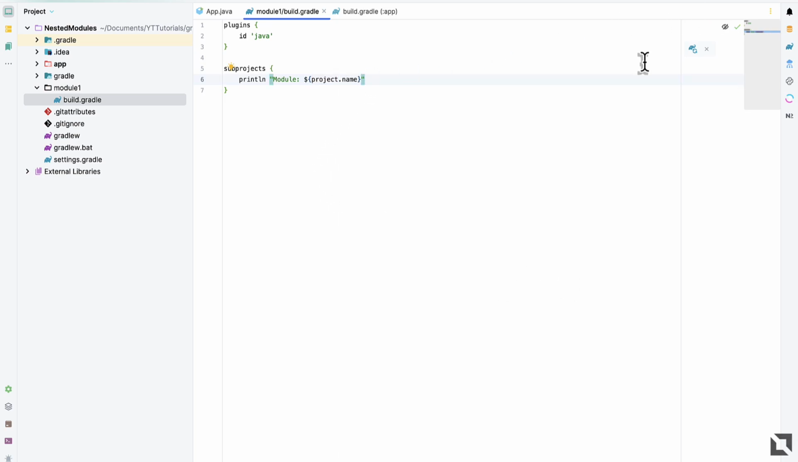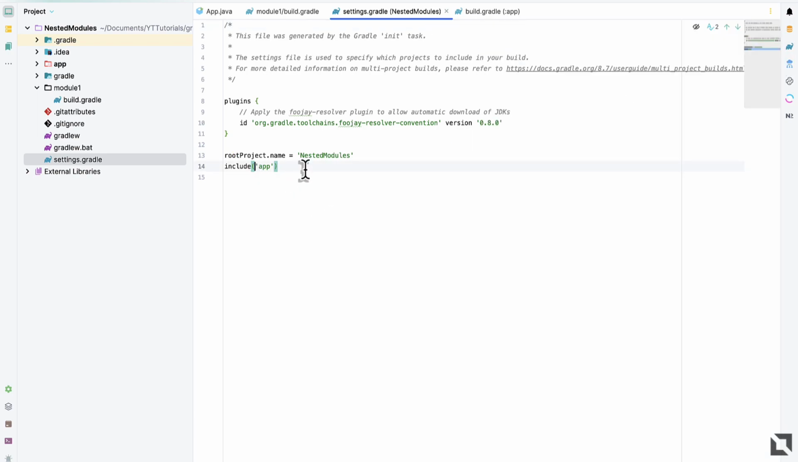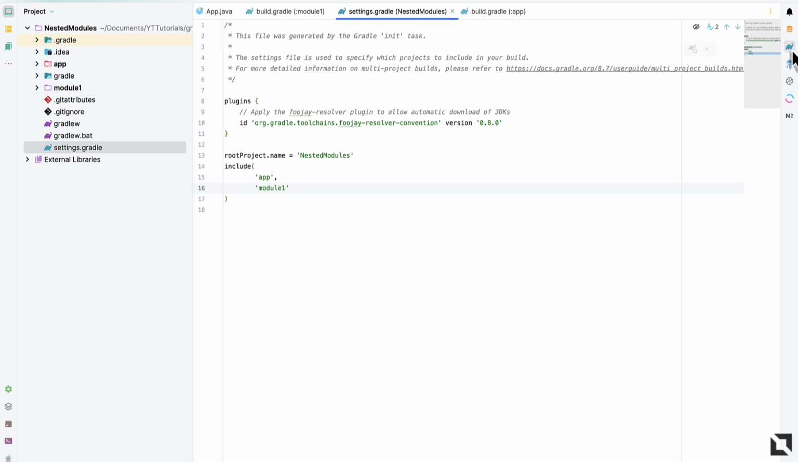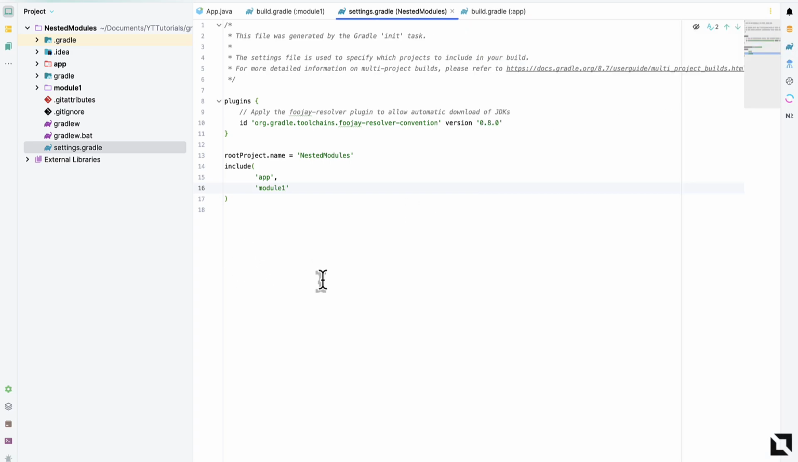There we go. Okay, so now refresh, and under the settings, there we go, I'm gonna include our new module. Refresh. As you can see, our new module, since there's no main class, it won't be picked up. Okay, now